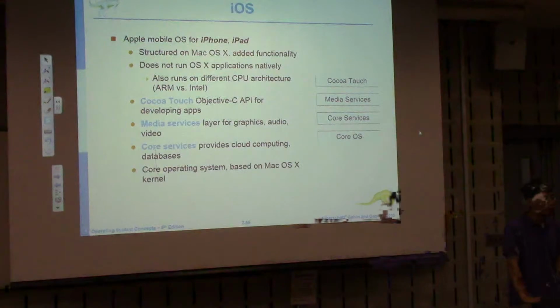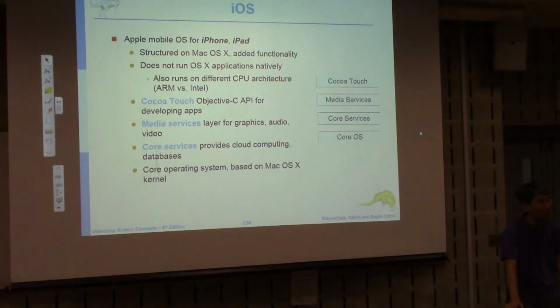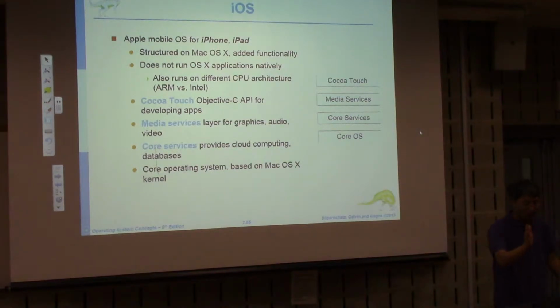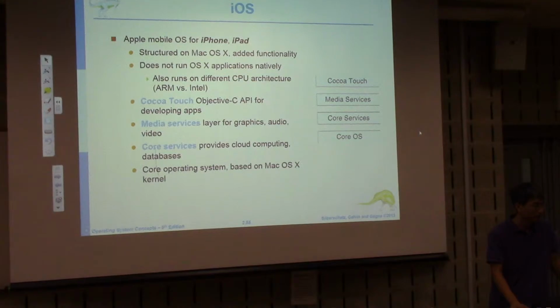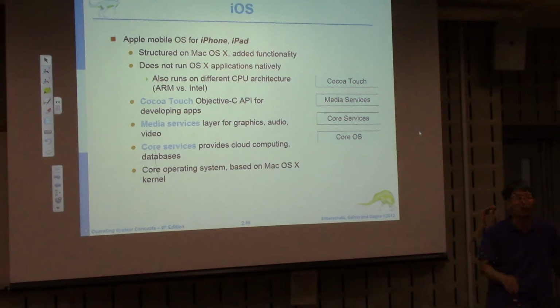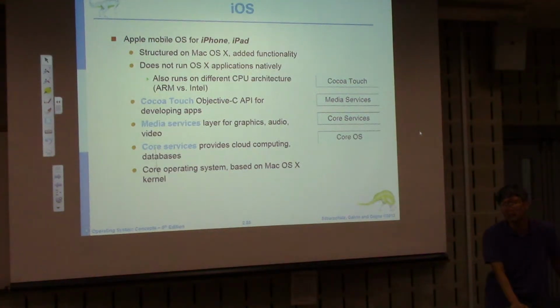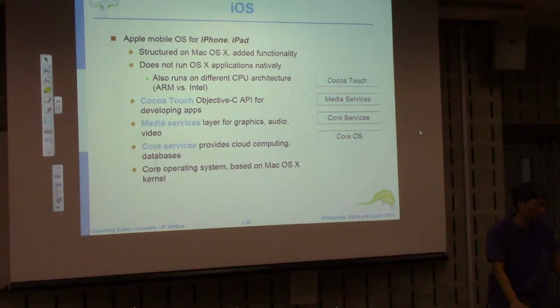So iOS is a sub-branch of macOS. It is specifically for the iPhone and iPad. In terms of structure, it's the same as OS X, but in terms of application, that's not comparable, even though they are from the same branch. Of course, they use a different CPU, different hardware.